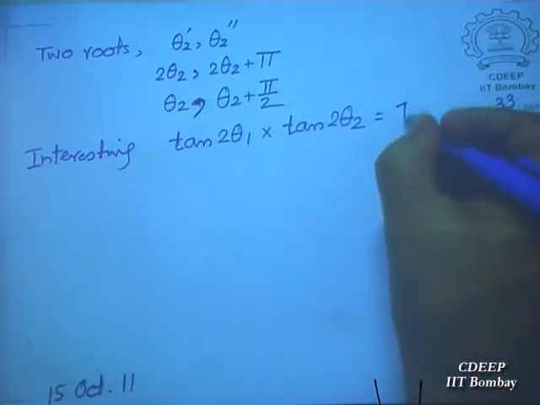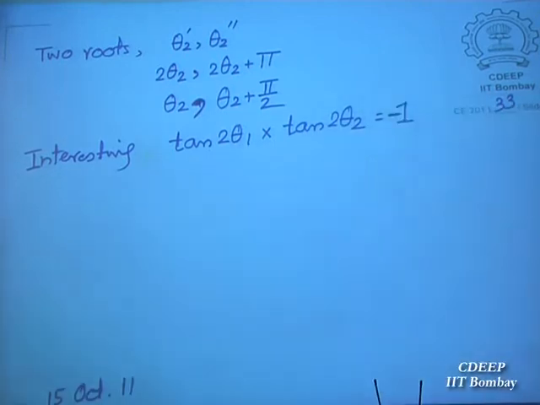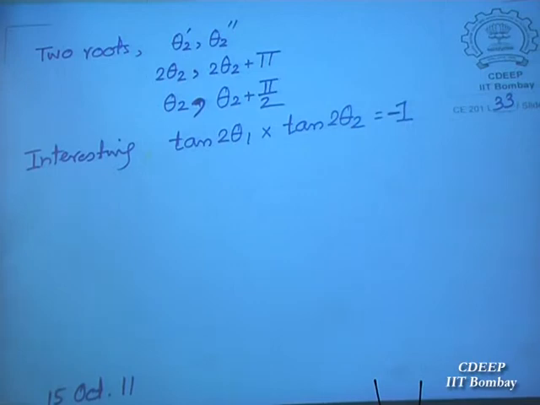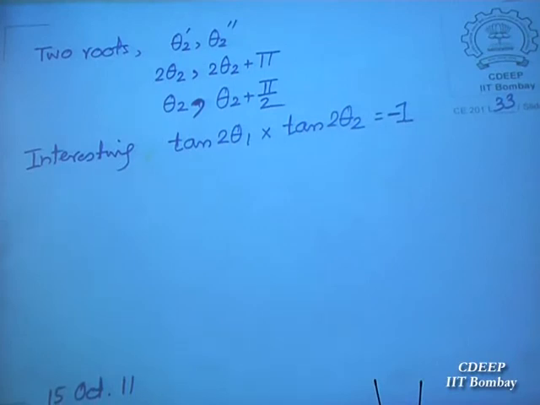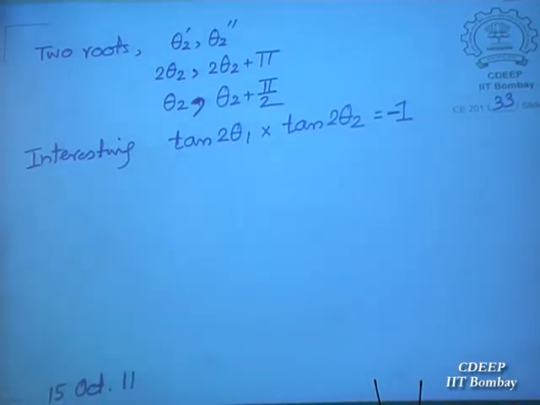So this means something. Yes, the two angles are separated by 90 degrees. The 2 theta 1 and 2 theta 2, they are separated by 90 degrees. This you must be knowing. If this is equal to minus 1, so that means the roots